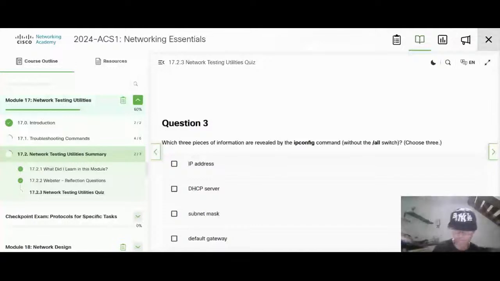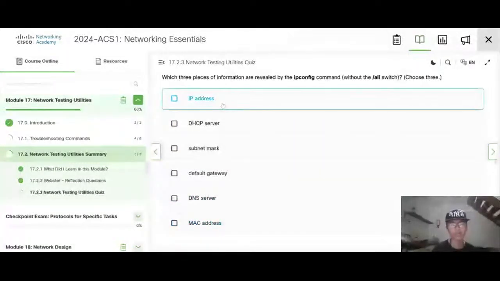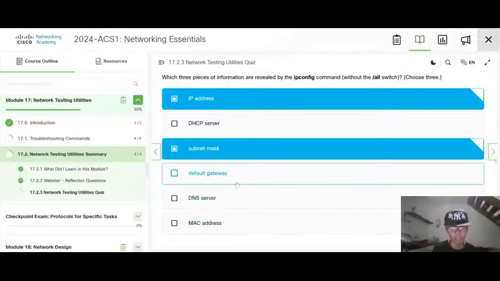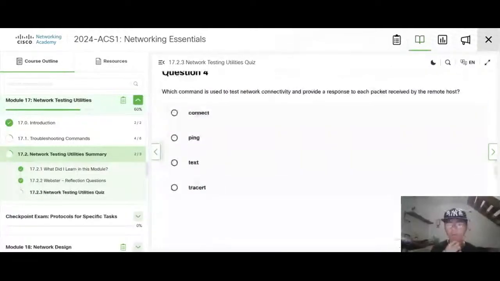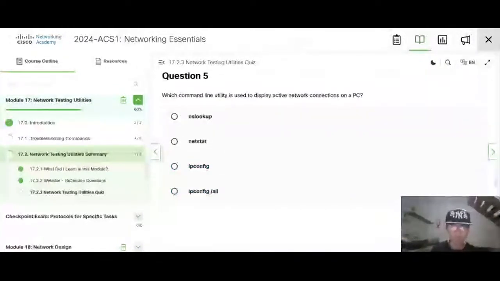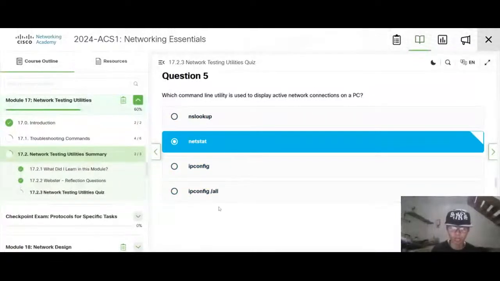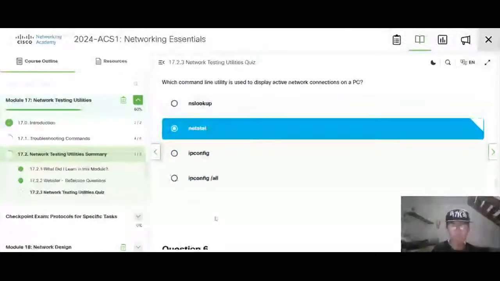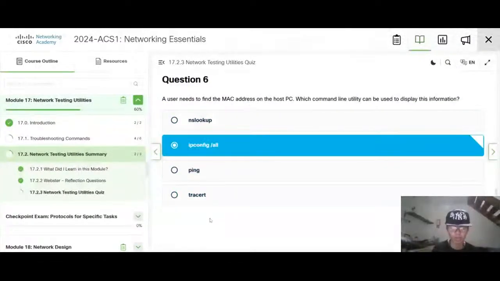It is only to test things. ipconfig will show us the IP address, subnet mask and the default gateway. Respond to each packet received. Display active network connections, which is netstat. Find the MAC address is ipconfig /all.